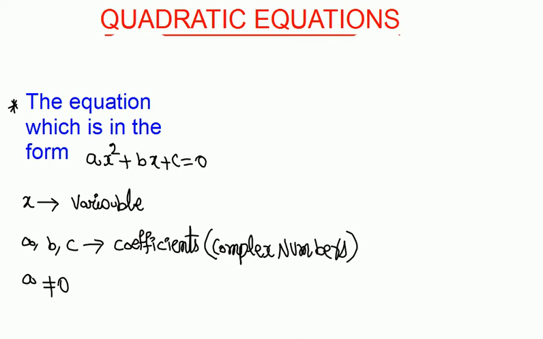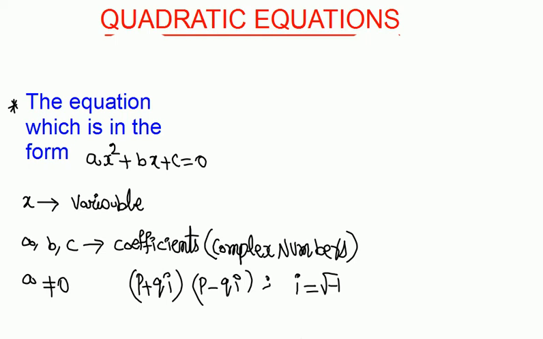Complex numbers means these should be in the form of p plus qi or p minus qi. Here p, q, both numbers are real numbers. p is called the real part of that complex number and q is called the imaginary part. Here i is equal to square root of minus 1. You can learn these complex numbers thoroughly later. Just have some idea. A complex number should be in the form of p plus qi or p minus qi.